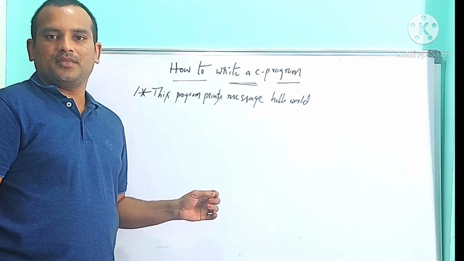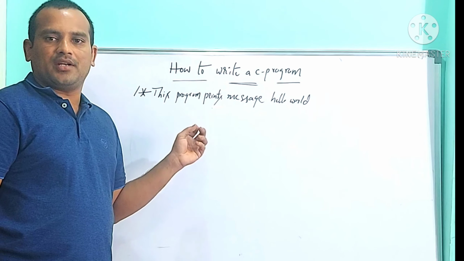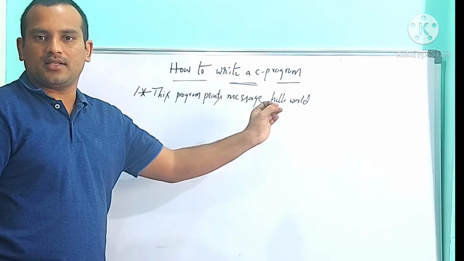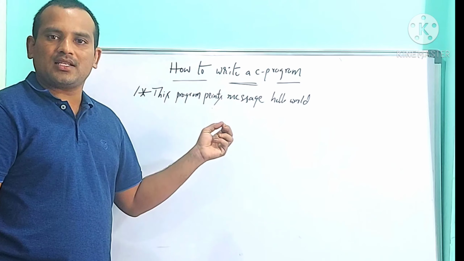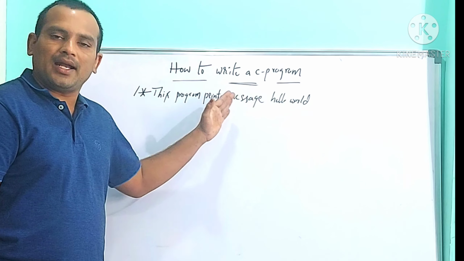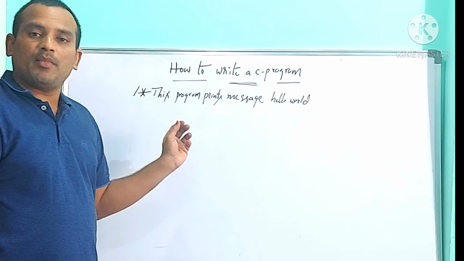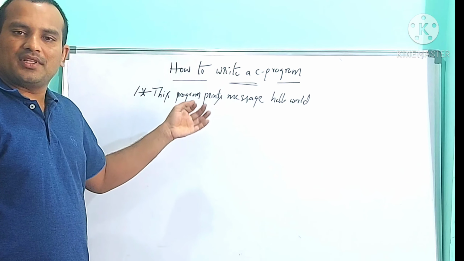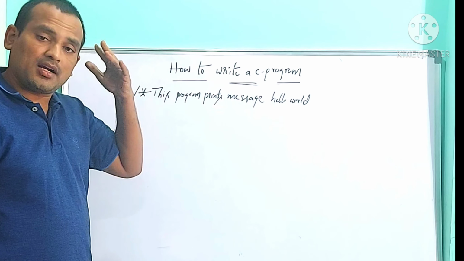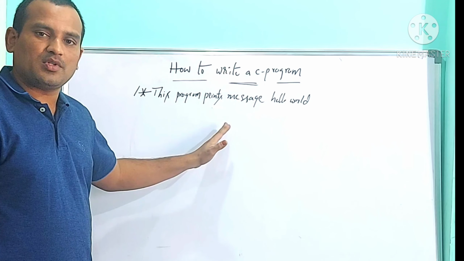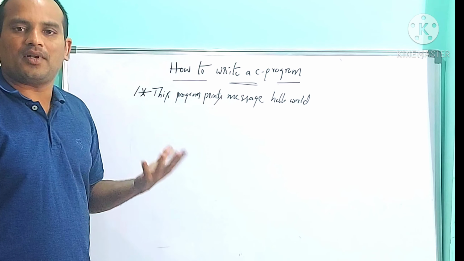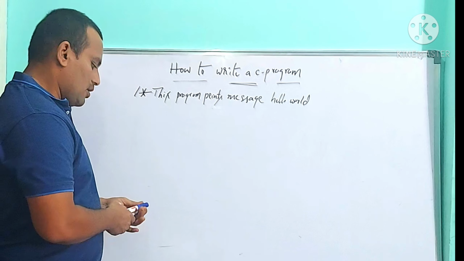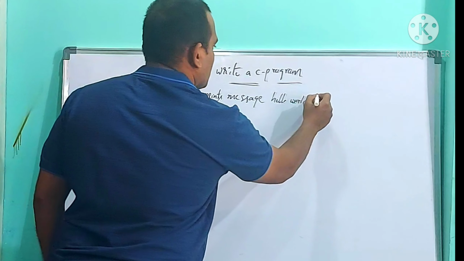Remember this point. While using a multiple line comment, which starts with slash star, it must end with star slash. If I forget to use star slash at the end of the comment section, then the entire program can be treated as documentation. Means everything is for humans, and the compiler understands that this program is only for human purpose, not for the computer purpose. Okay, understand? So if you want to use slash star, it must end with star slash.